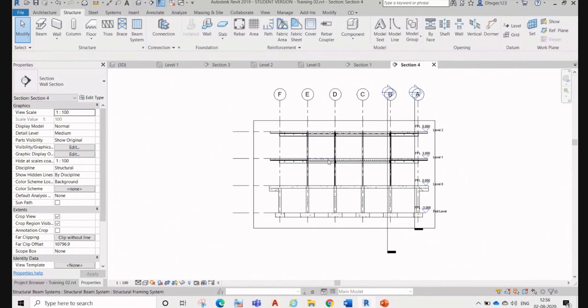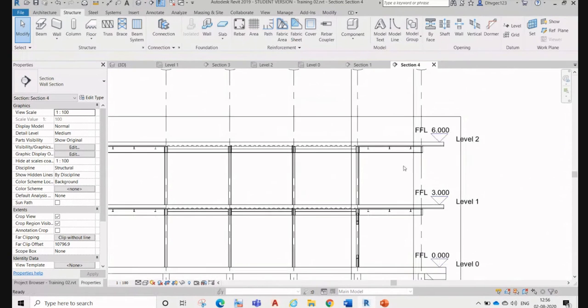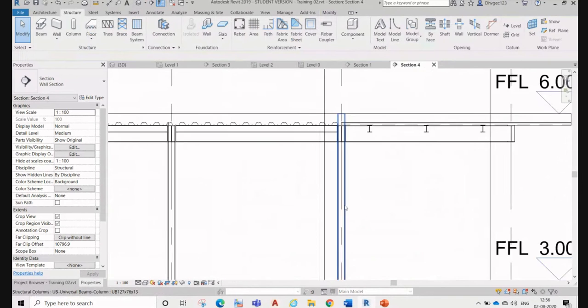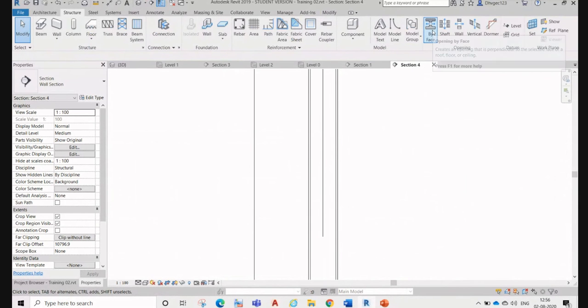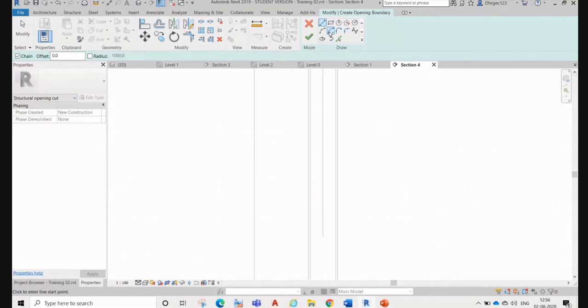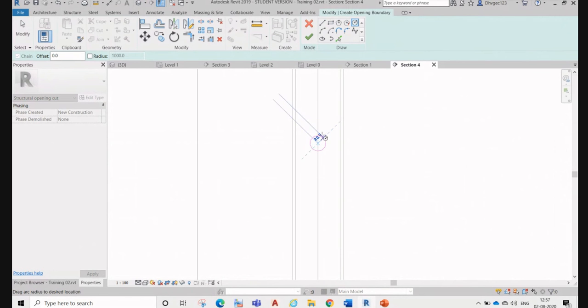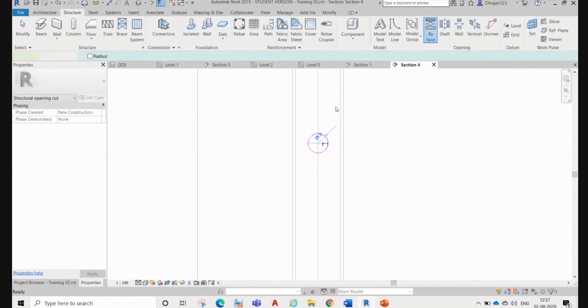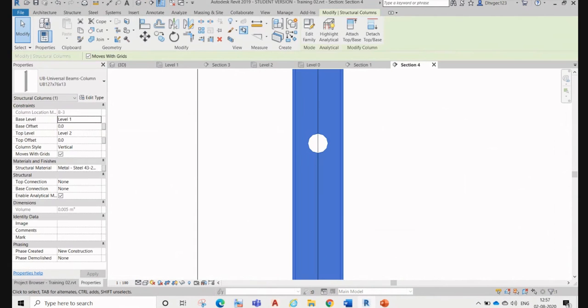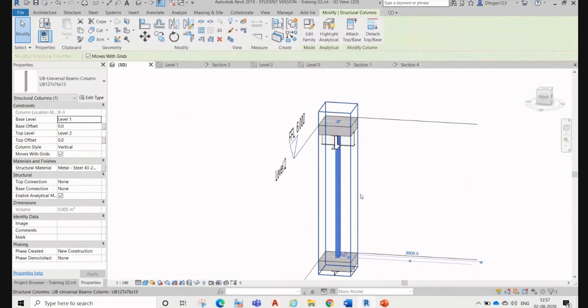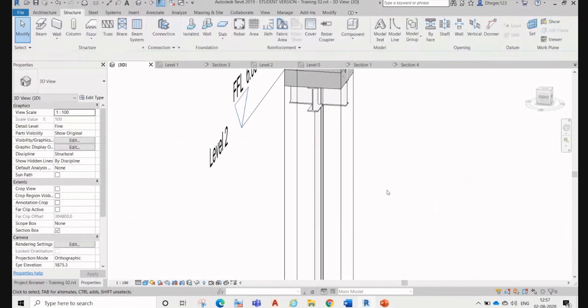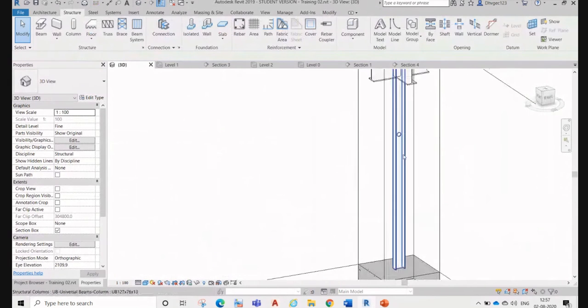Go to view, right, and in the column, if you want to put an opening in the column, just select it, and then suppose you want this much opening over here, so you will see that opening over here.